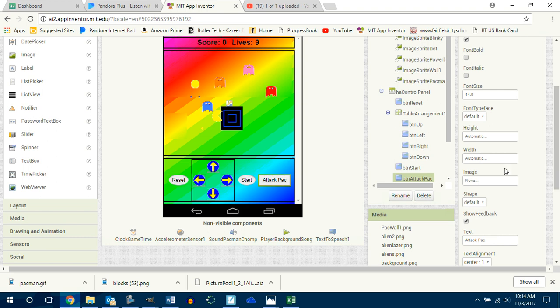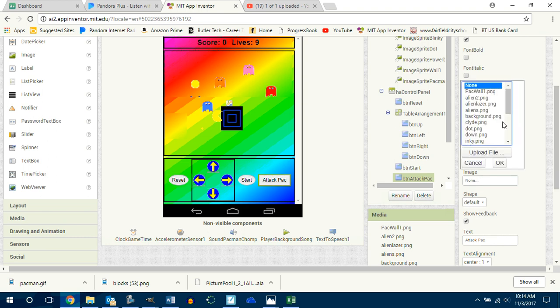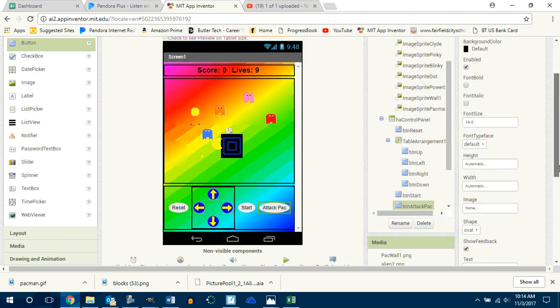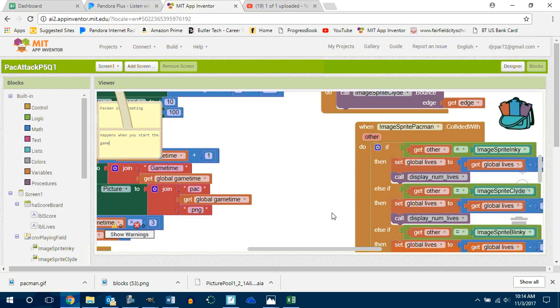Are you with me? Let me just make this oval because I got a little OCD here. Shape is an oval, and there you go, attack pack. All right, so I'm just going to quickly